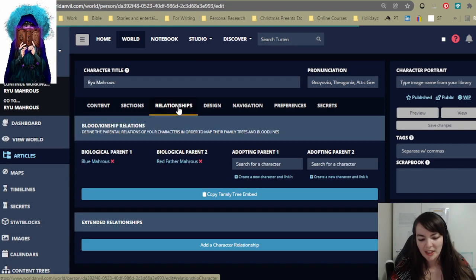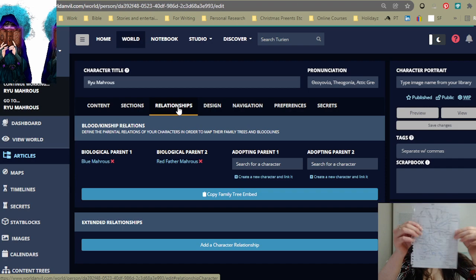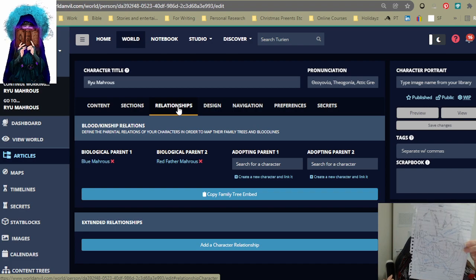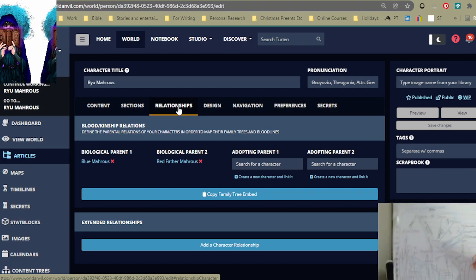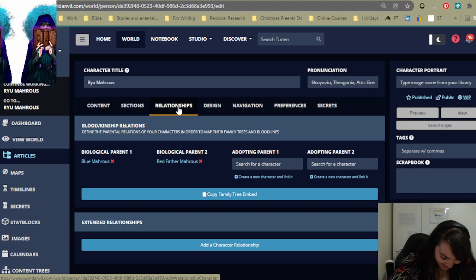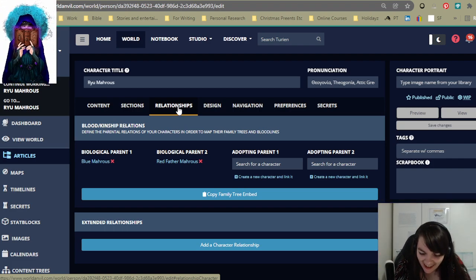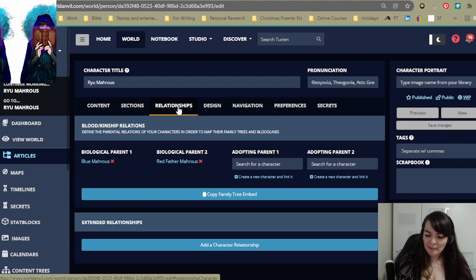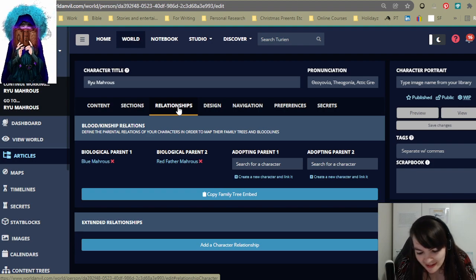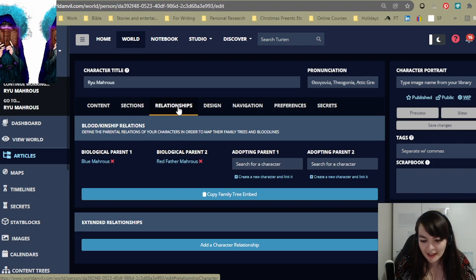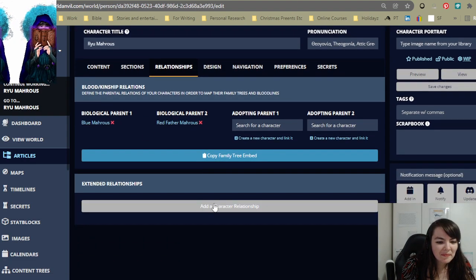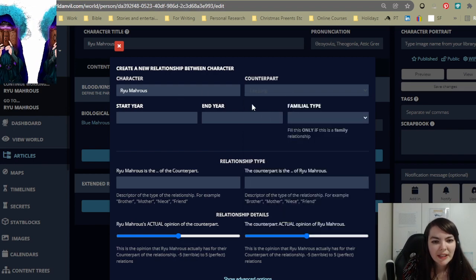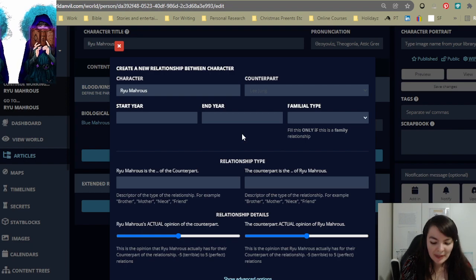For the other relationships, which I actually have a little, I don't know if you can see it. I wrote this a while ago, but it's like lots of lines between all the students, and whether they like each other or dislike each other or potentially like each other, or I forget what some of the codes I put on there are, but anyways, they are similar here. So Ryu Marus and Lee Jung, I don't know how to pronounce his name, and he's my character, but anyways,